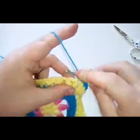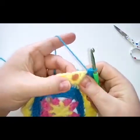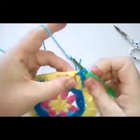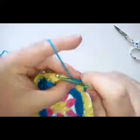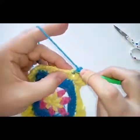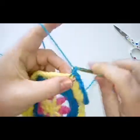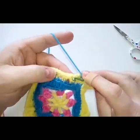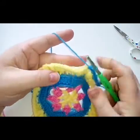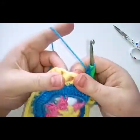and then you're going to do 2 single crochets. Oops, I've done it again. Gone between that strand and the bullion, don't make that mistake. Okay, 2 single crochets in there, 2 single crochets in the next, and then you're going to do a single crochet in every stitch along. So remember, you've got your 2 double crochets, your 2 half double crochets, 4 singles, 2 doubles, 2 half doubles, 2 doubles. So a single crochet in each of those stitches along,